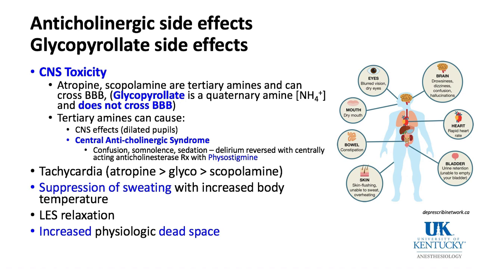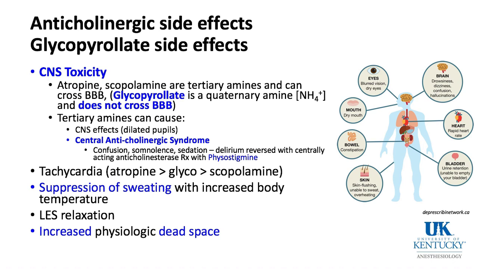Atropine and scopolamine are tertiary amines, uncharged amines. They can cross the blood-brain barrier as opposed to glycopyrrolate, which is a quaternary amine, which is a charged amine and doesn't cross the blood-brain barrier. So the CNS effects are absent with glycopyrrolate, but with the tertiary amines, atropine and scopolamine, you can get dilated